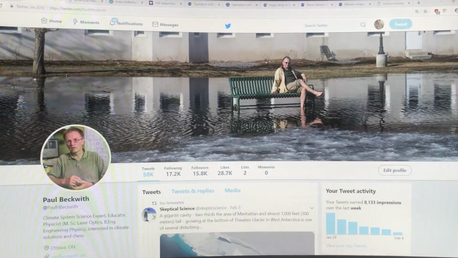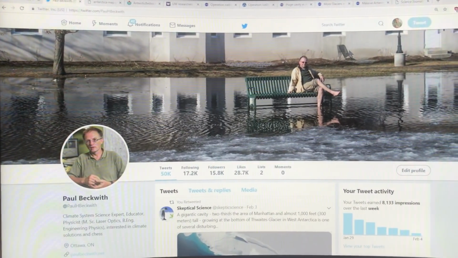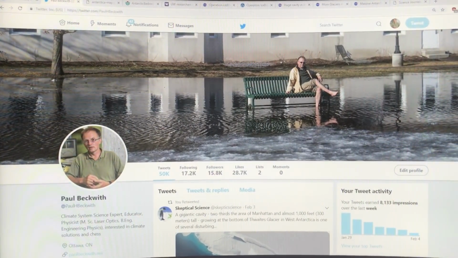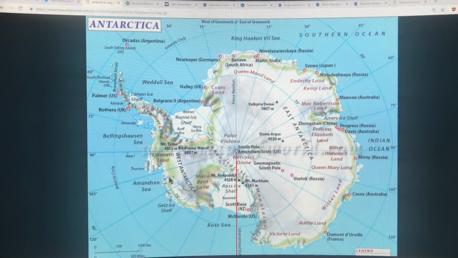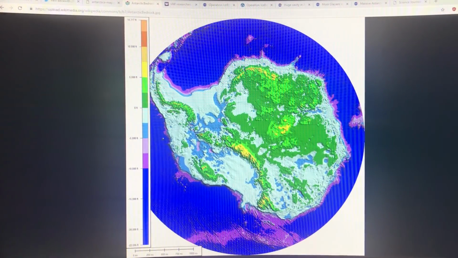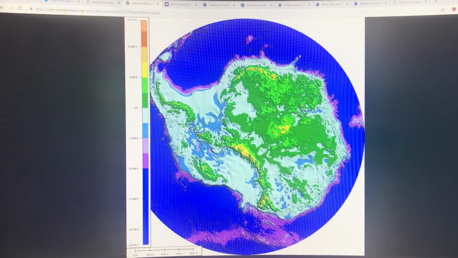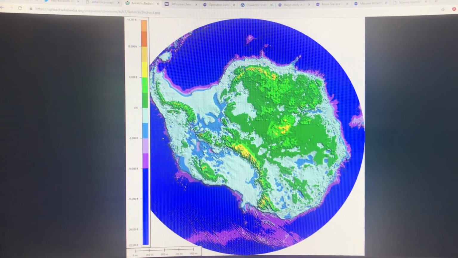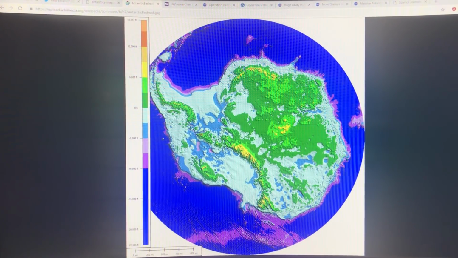Okay, so on my Twitter feed, I sent this out about this gigantic cavity, two-thirds the area of Manhattan, almost 1,000 feet or 300 meters tall. Just to remind you of where it is, it's in this region here, draining into the Amundsen Sea, the Thwaites Glacier, and large parts of West Antarctica are grounded. The bedrock is below sea level, so the ice is grounded there, and there are pinning points